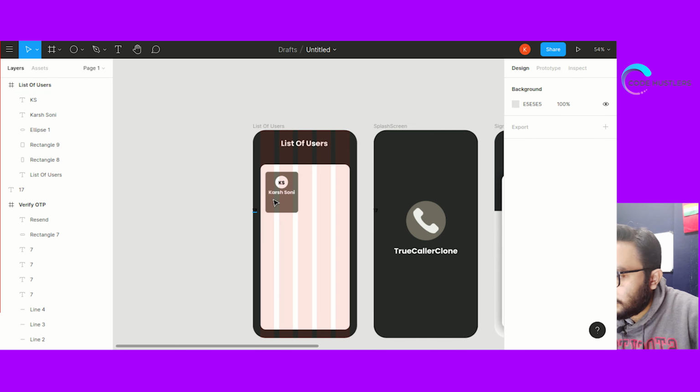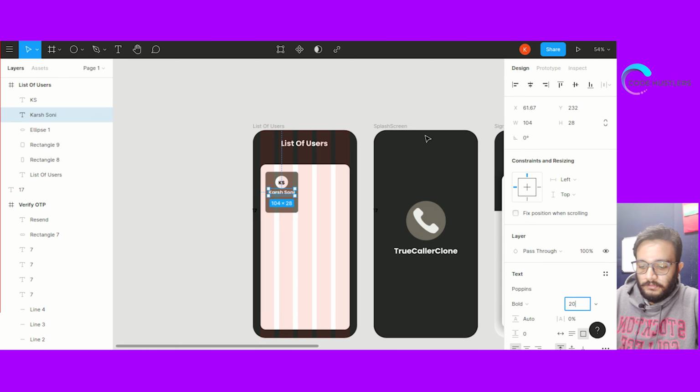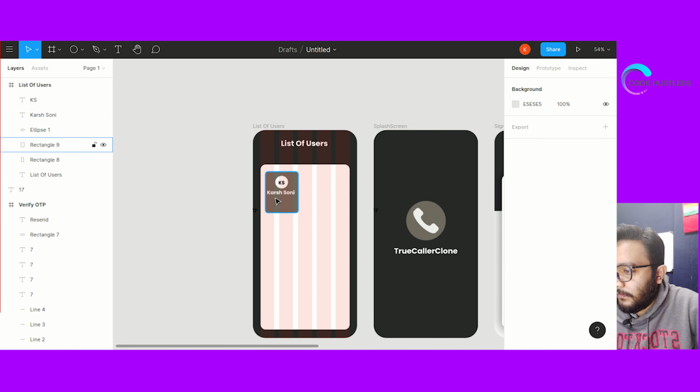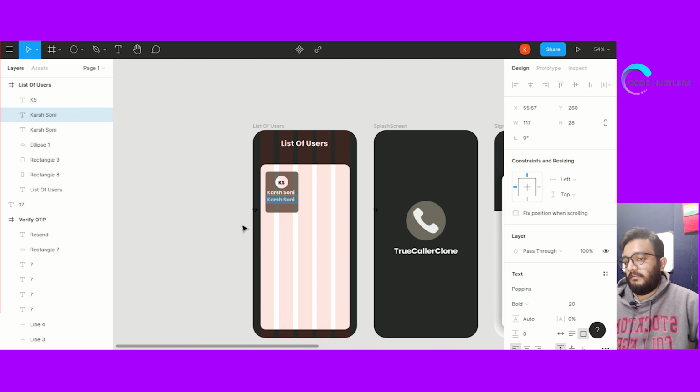I think that's good. Now we'll take another text field where we'll show the city name. Let's say I live in Ahmedabad.